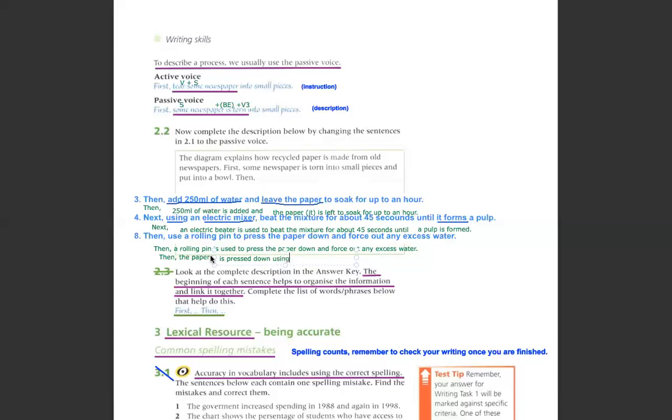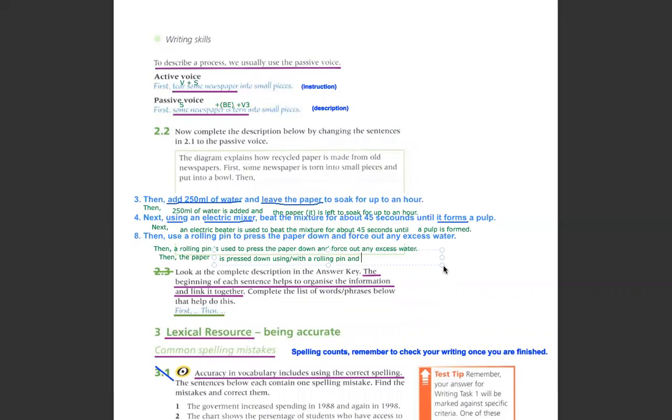So we could either say using a rolling pin, or we could say with a rolling pin. Okay, but now something else has to change. So after and, what can we say? So we wouldn't say and force out any excess water anymore. Now it needs to change. So the paper is pressed down with a rolling pin, and